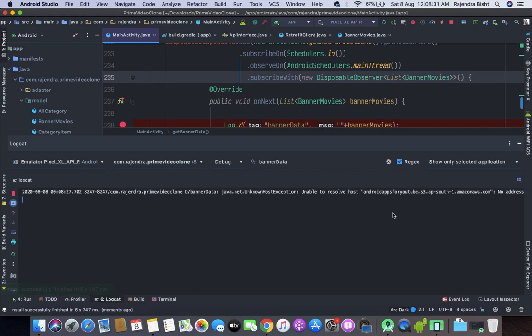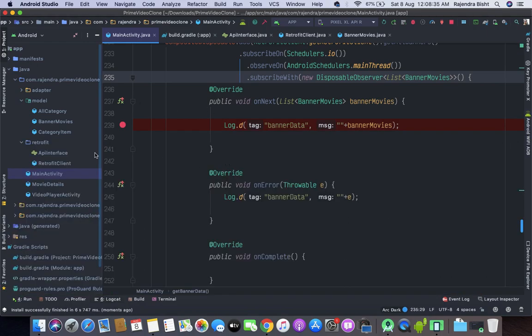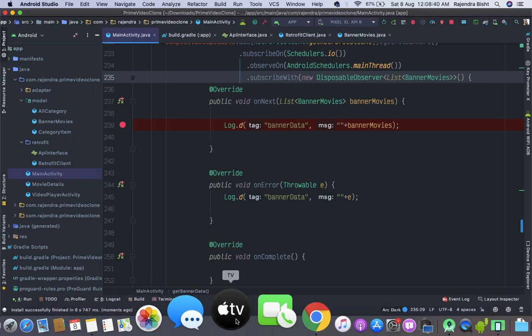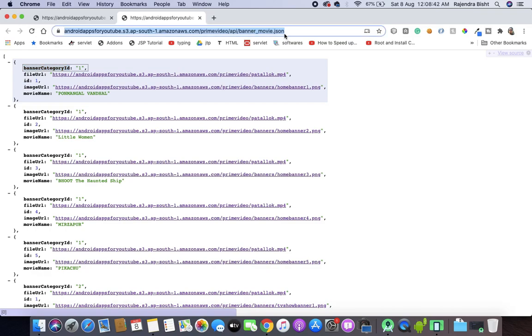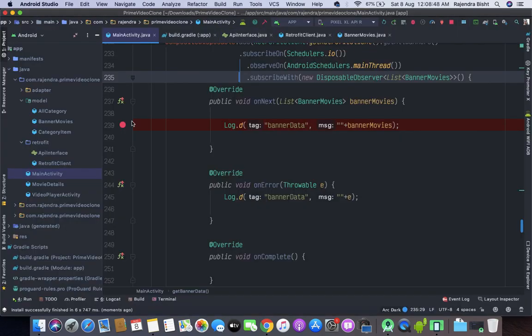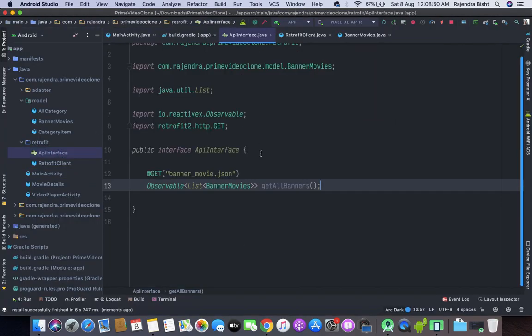So here we are getting the error. So this is our banner endpoint. Let's go to the API interface.